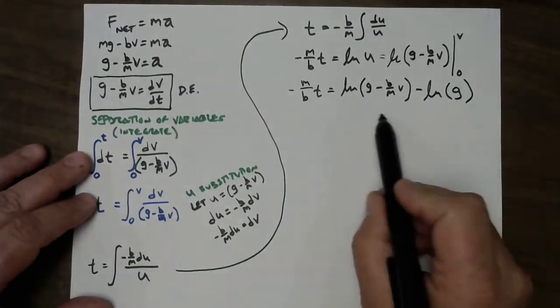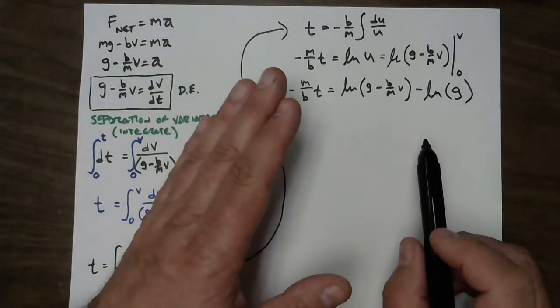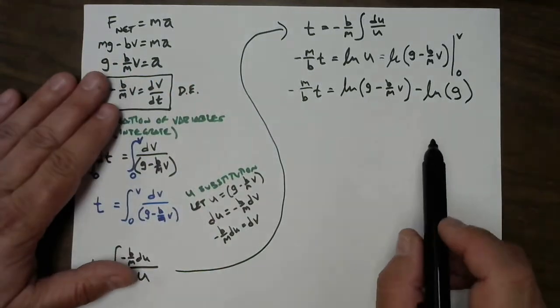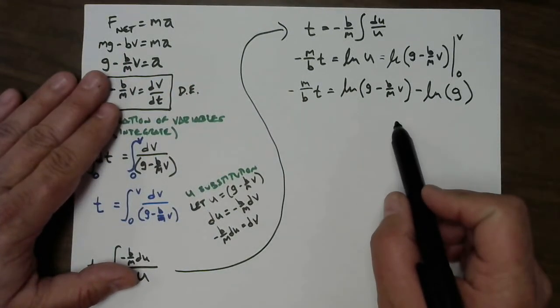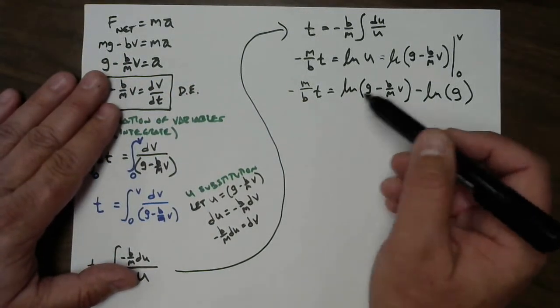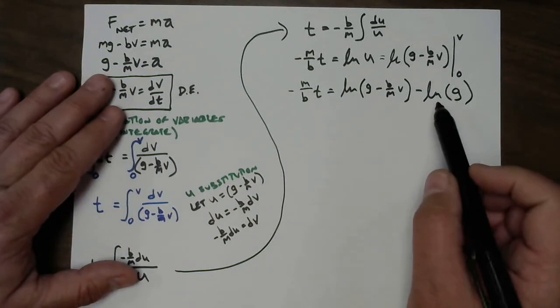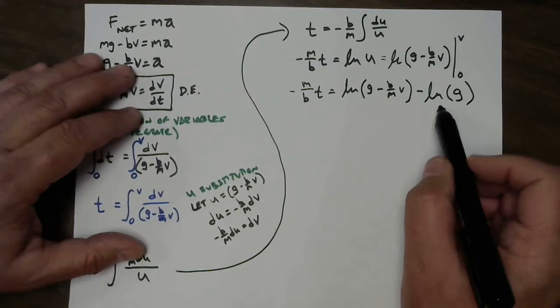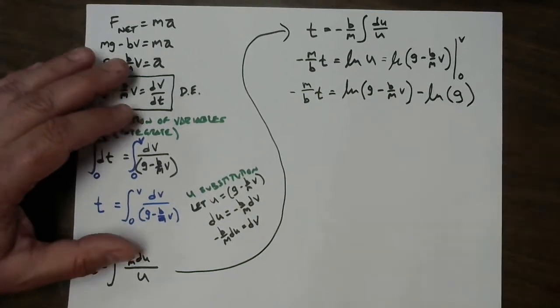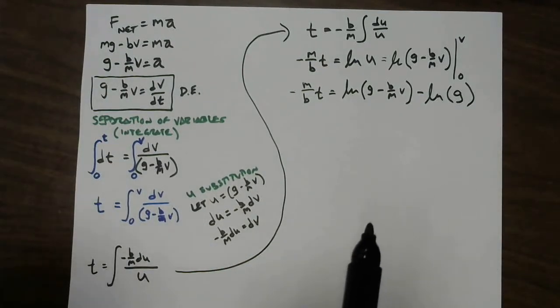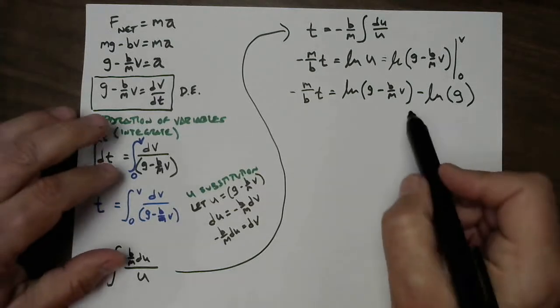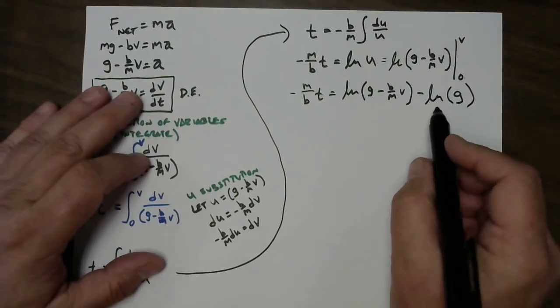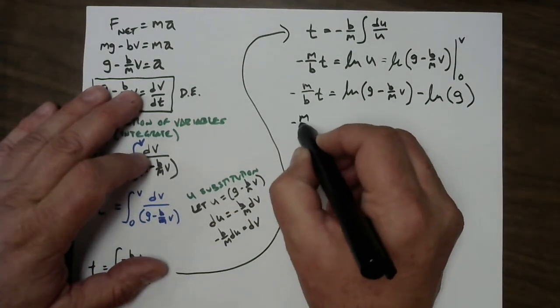Now this is a bit ugly. I mean, I can see my way clear to what's going to happen. What's going to happen is I'm eventually going to get a natural log on this side and some garbage on this side, and I'm going to get rid of the natural log by doing e to the something. But I can't do it when they're two separate natural logs. But there is a little known fact that the difference between two logarithms is equal to the logarithm of their quotient. So